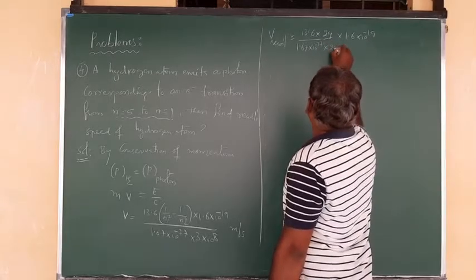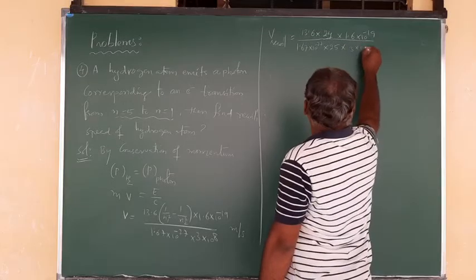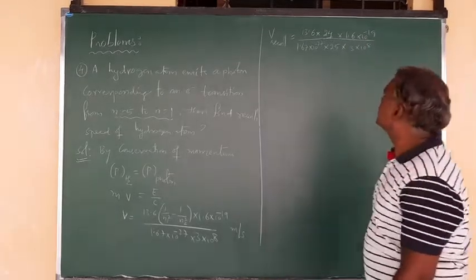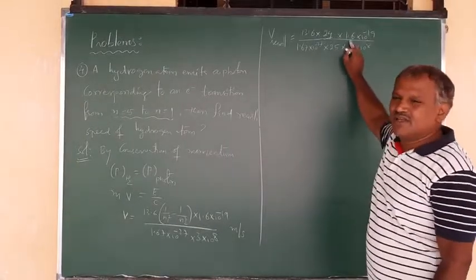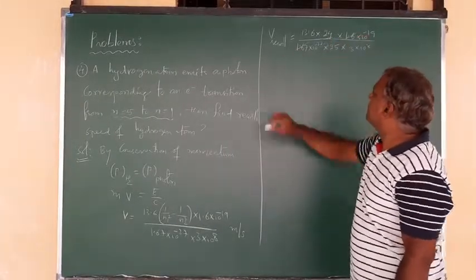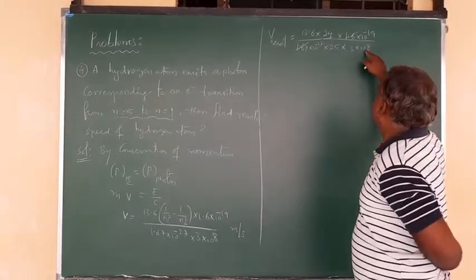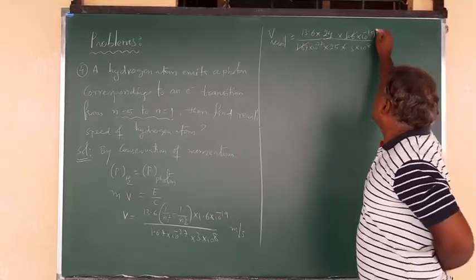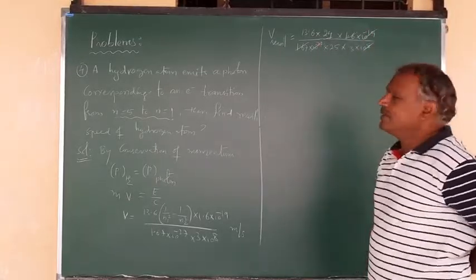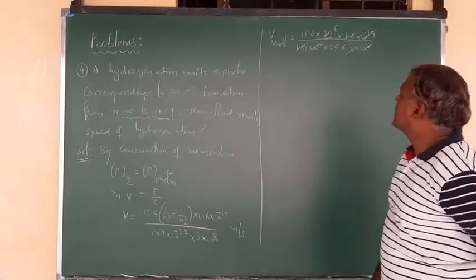Into 25, into 3 into 10 power 8. So we can make this one simpler for further calculation. See, this 1.67 and 1.6 are approximately both cancelled. And here it is 8, here 27, here 19. So this will be cancelled. These are cancelled. So 3 and 8 you can make cancelled.